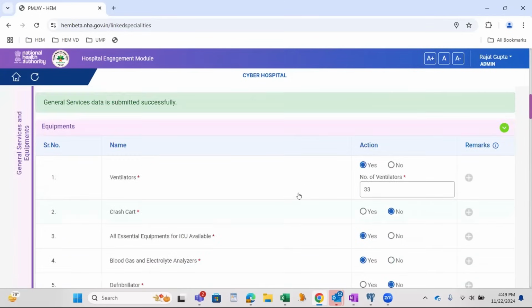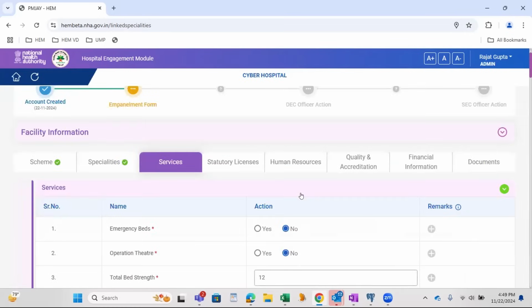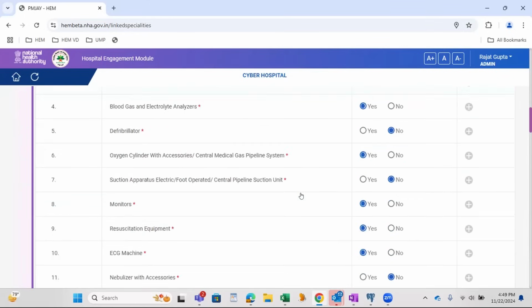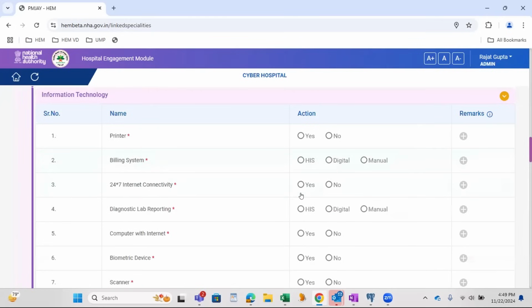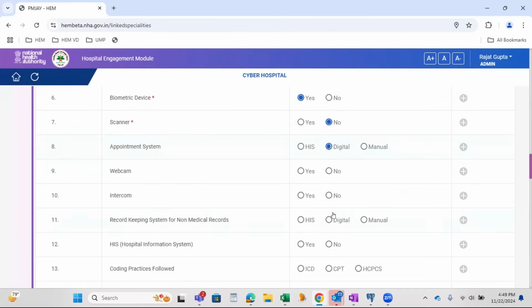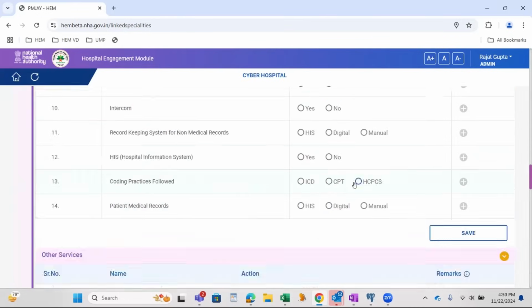Click on save. So we have filled both the sections of general services and equipments. Now navigating to the support services. Click on save.